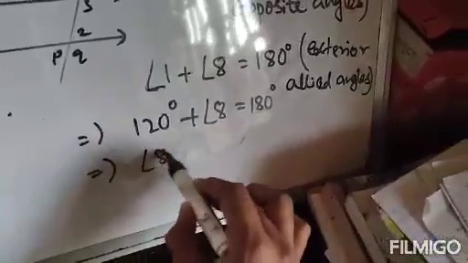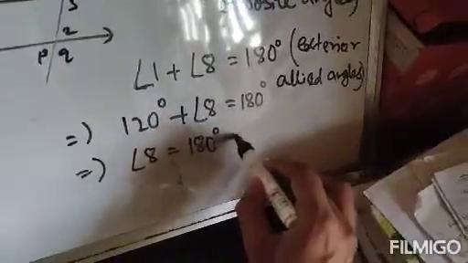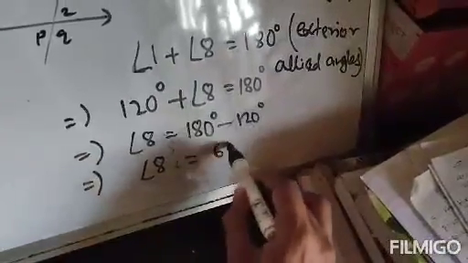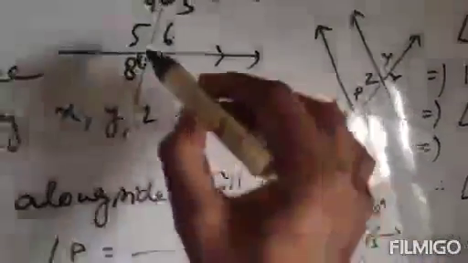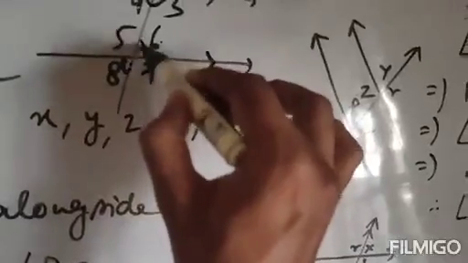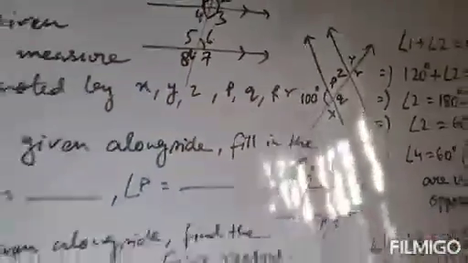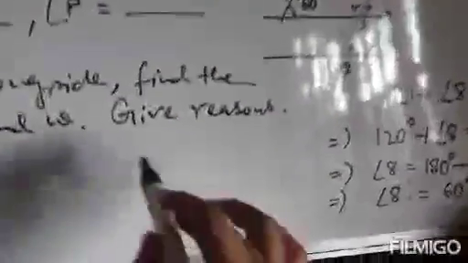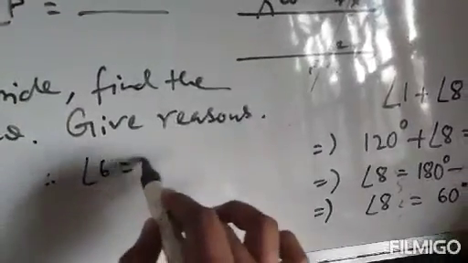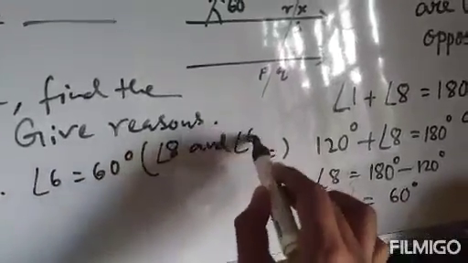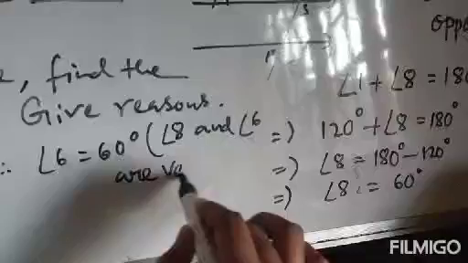Therefore angle 8 will be 180 degree minus 120 degree, therefore angle 8 will be 60 degree. Therefore we have got the angle 8. Now if angle 8 is 60 degree, angle 6 will also be 60 degree, because angle 8 and angle 6 are vertically opposite angles, and we know vertically opposite angles are equal. Therefore we can write that angle 6 will also be 60 degree, because angle 8 and angle 6 are